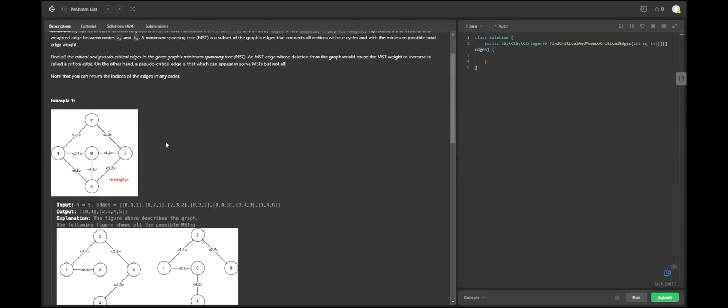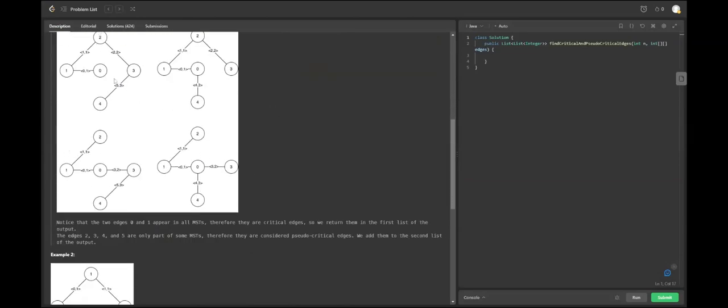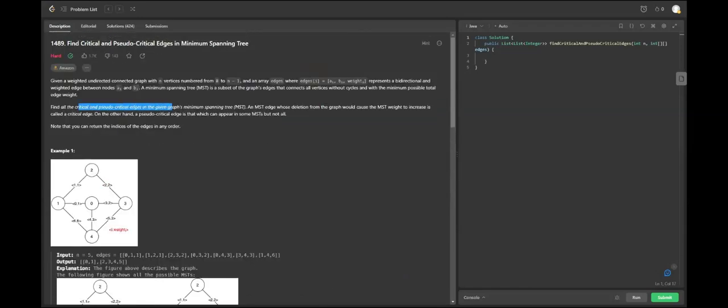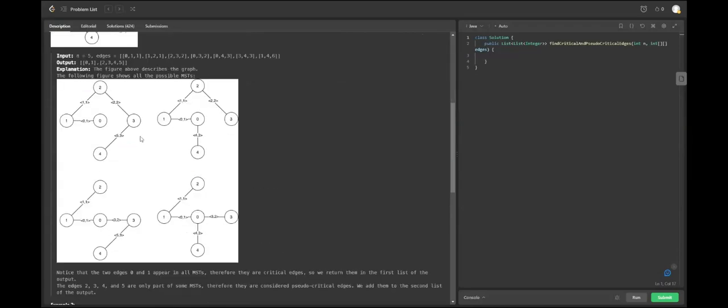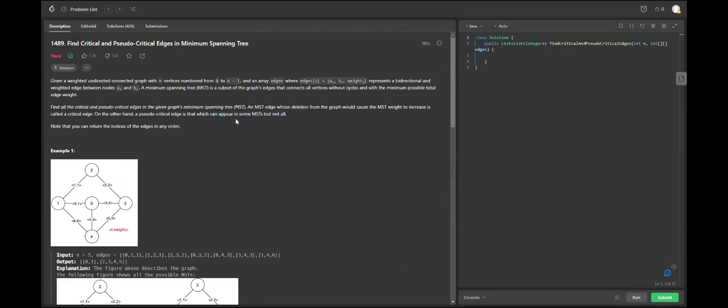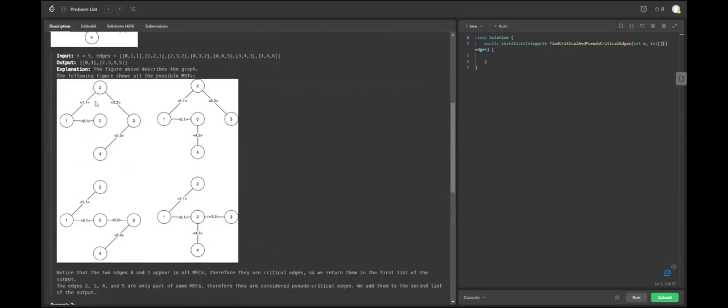And eventually, we'll have something like this, right? Which is a minimum spanning tree. There are multiple minimum spanning trees. And the question essentially just tells you what a critical edge is, right? It's the edge whose deletion will increase the cost of the minimum spanning tree, and a pseudo-critical one is where we remove the edge, and the cost of creating that tree remains the same. So basically, the question already tells you what you're gonna do, and it's going to be brute